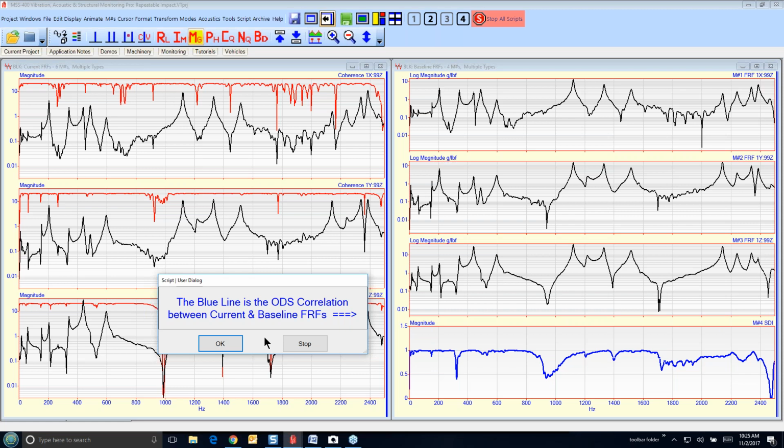You want to make sure that if you're alarming on peaks and various things like that in the spectrum, that at least you've got a set of data that's repeatable. In other words, you put the magnet in the magnetic accelerometer in the right place and took the same data that you took last time. So that would be a monitoring application of this repeatability.